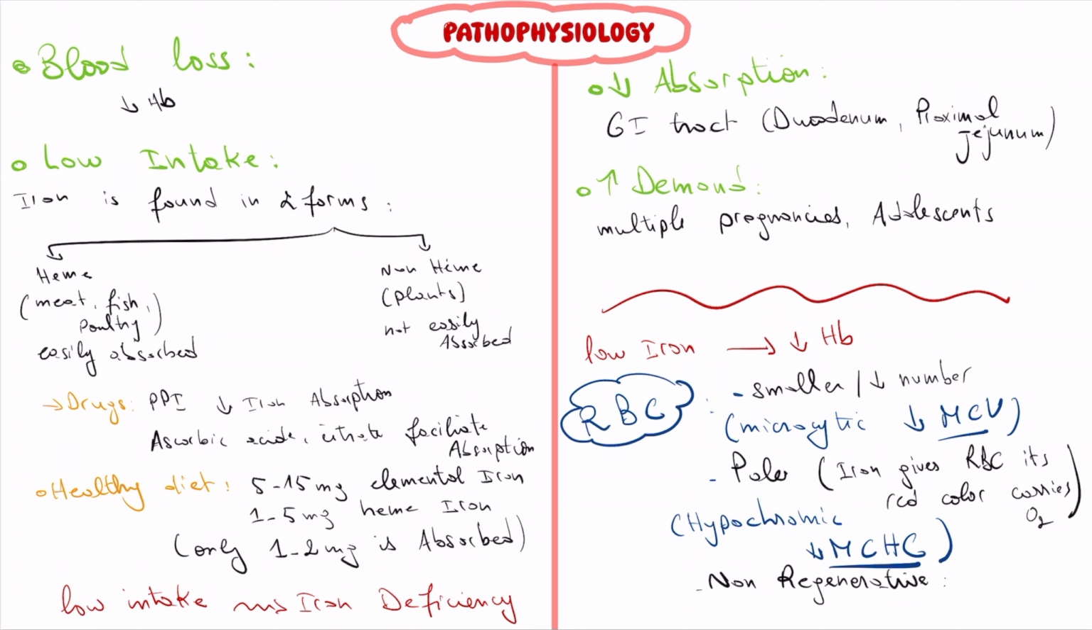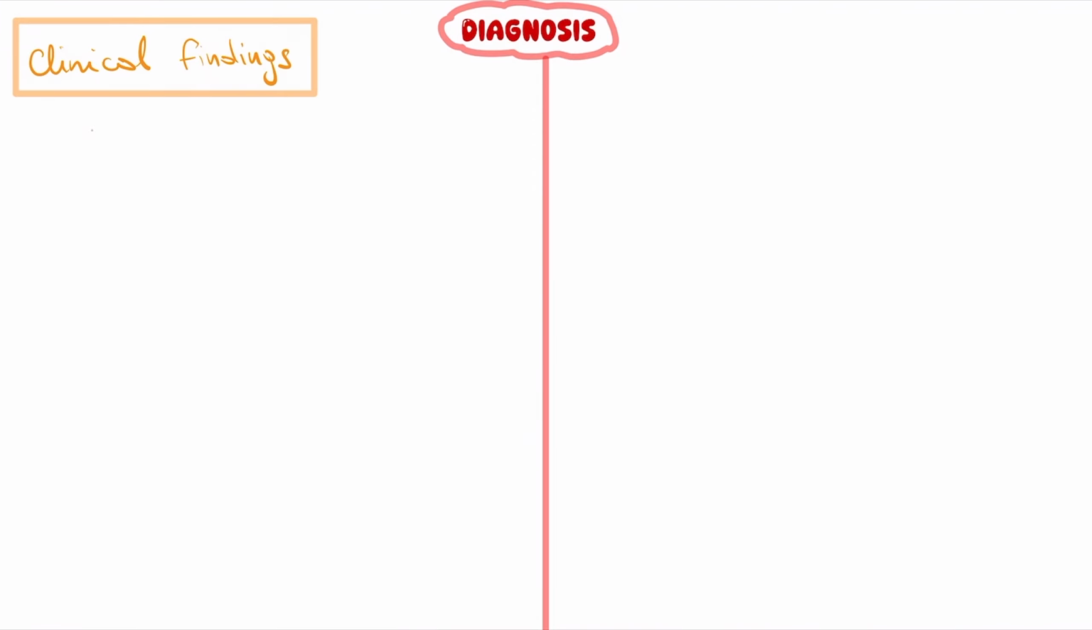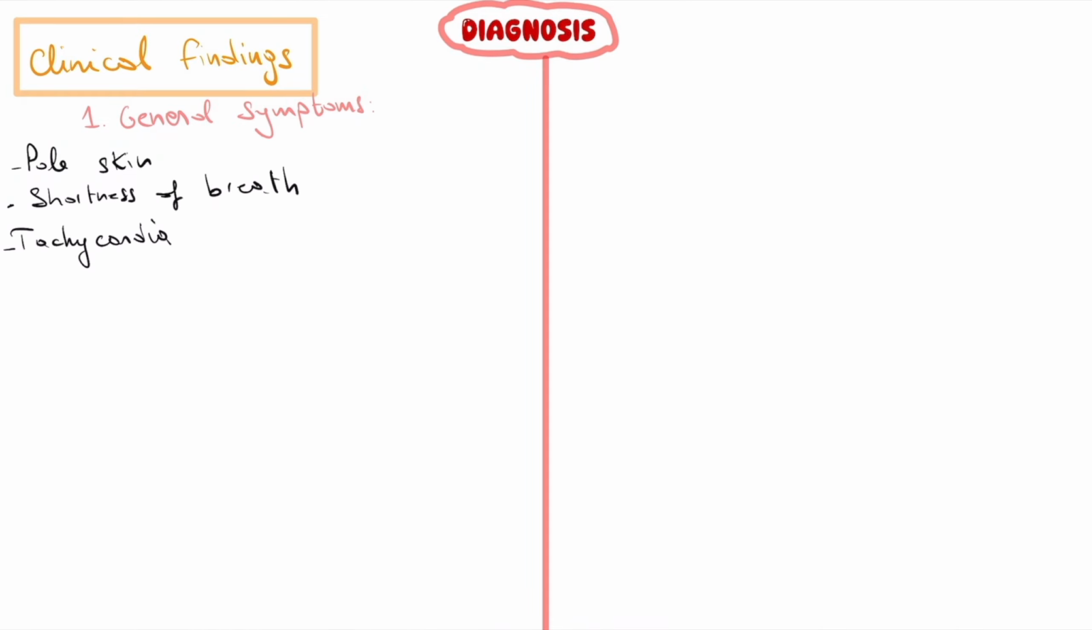And it will be non-regenerative. Low iron, the bone marrow won't be able to produce red blood cells efficiently. Now, we're gonna talk about the diagnosis of anemia, starting with symptoms. General symptoms of anemia include pale skin, shortness of breath, rapid heartbeat as the heart tries to pump more blood, fatigue and dizziness. Now, for specific symptoms of iron deficiency,